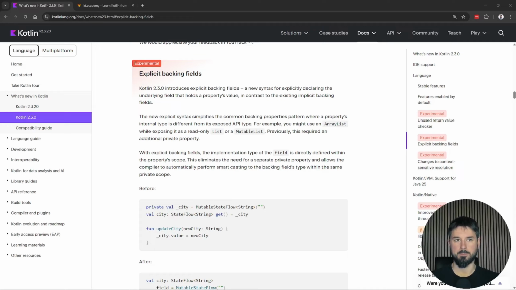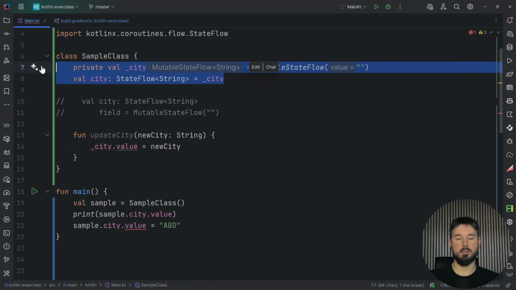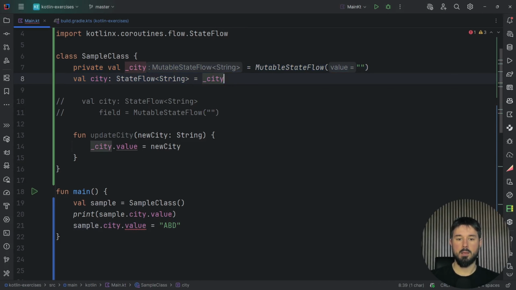Explicit backing fields is a new feature introduced in Kotlin 2.3. It is designed to be a replacement for this backing property pattern. The idea behind backing property is that we have two properties, one for internal use, which is typically mutable, and one for external use, which hides the first one behind a read-only interface. This way, inside a class, we can both read and modify the object, and outside of it, we can only read